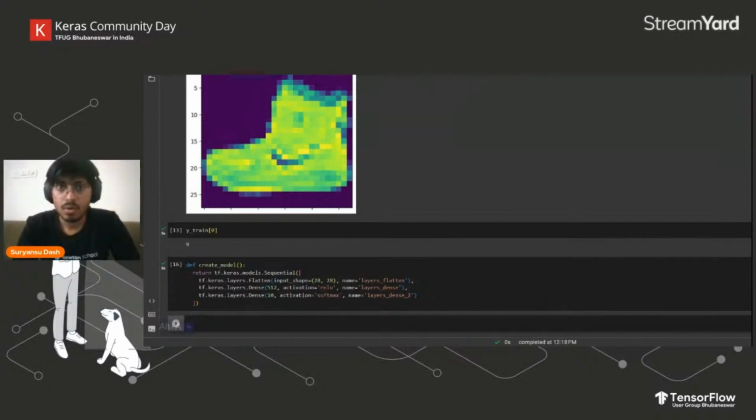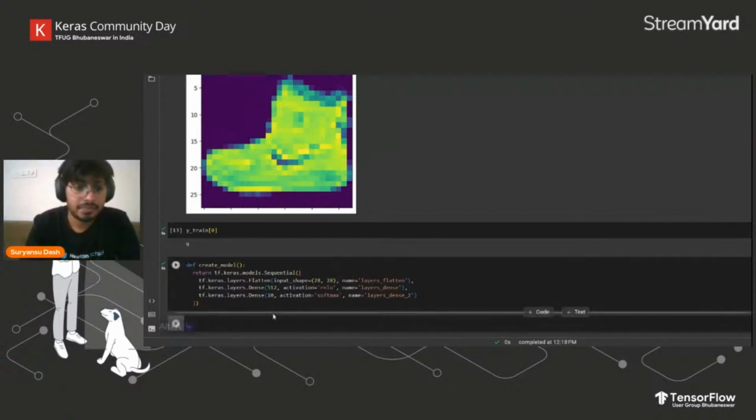Okay. Going ahead now. Since we already have created a model, now we need to understand how to integrate TensorBoard in it. We already loaded TensorBoard as an extension. We now need to make it part of our model so that it's able to track all that's going on and how the training is going on in our model.